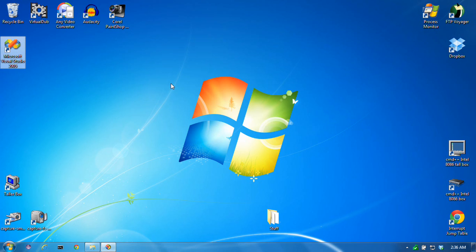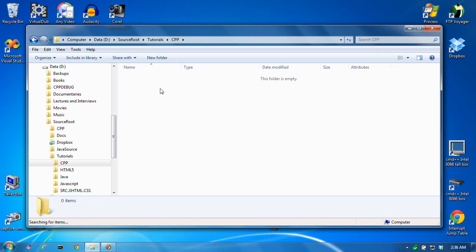So the next two questions really are where would we like to put our projects? And I've chosen this location, which seems natural to me: source, tutorial, CPP, which is where we're going. And so we would like this to become our new workspace area. Okay, now,